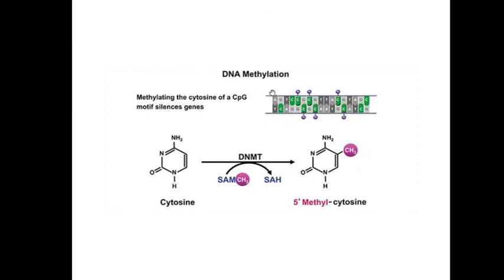We know DNA methylation from epigenetics, which we have studied. The methylation of the cytosine in the CpG islands, that is the cytosine and guanine sites which are rich in G and C content, are called CpG islands. So when this particular site is found and it is methylated, it can lead to gene silencing.